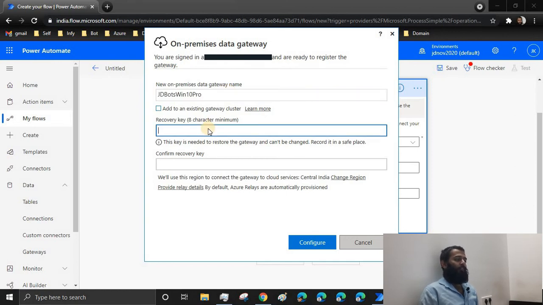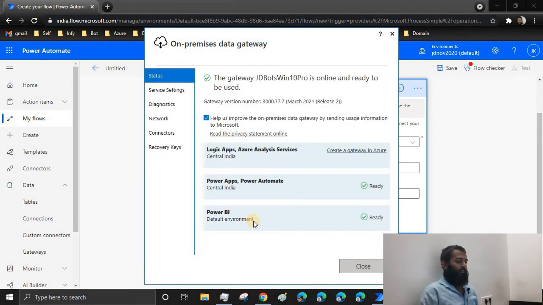And this recovery key will be used for you to restore any existing gateway. I'll just use any key and I'll configure. There we are.